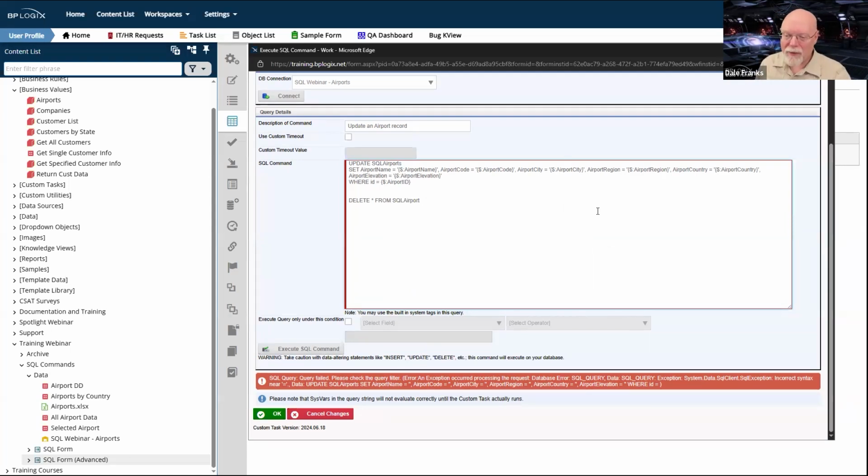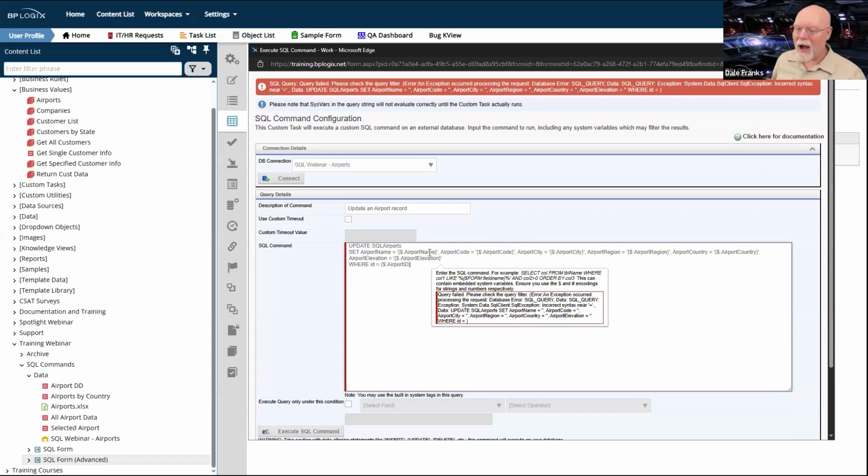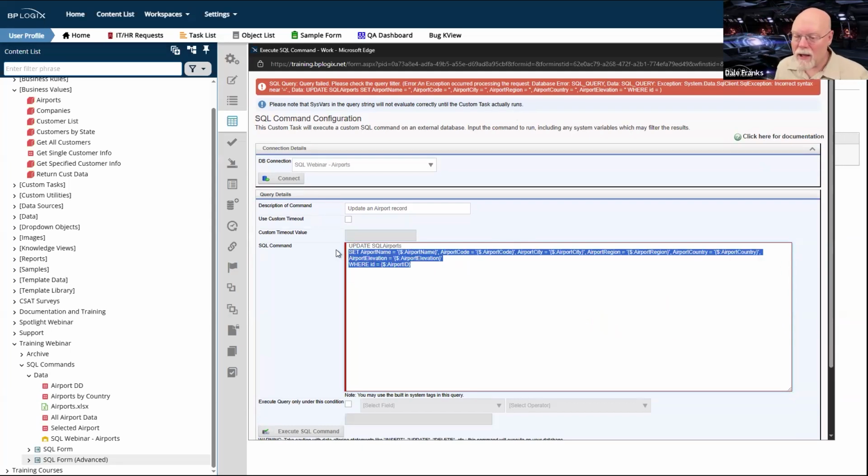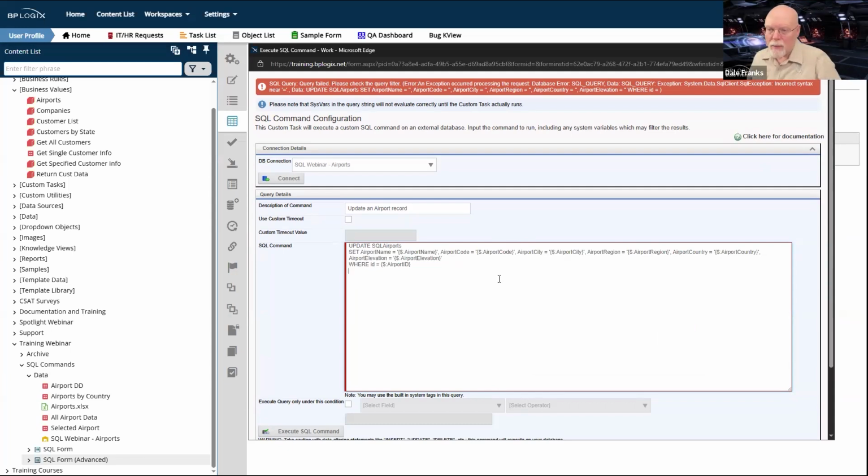So you have to be careful with that execute SQL command button, which is weird because that button is either completely useless, as in this case, because everything here is all variables. None of them have any value in this context, so they return nothing. So clicking this button doesn't do anything. Our reason for putting it here was so that you could click it just to be sure that the SQL statement ran the way that you wanted it to run. So if you're doing an insert statement and you have hard values to insert, you can run it and do the test, and presumably you'd go back and delete that record a bit later.